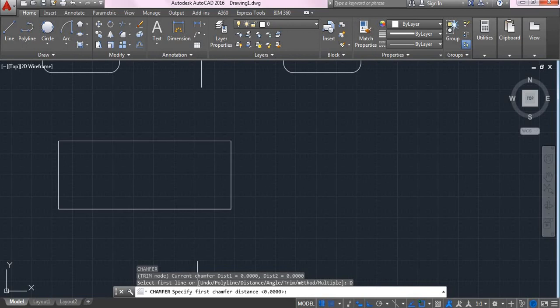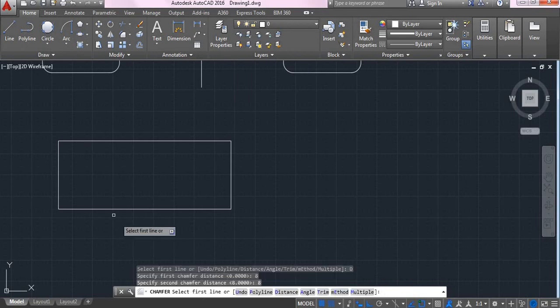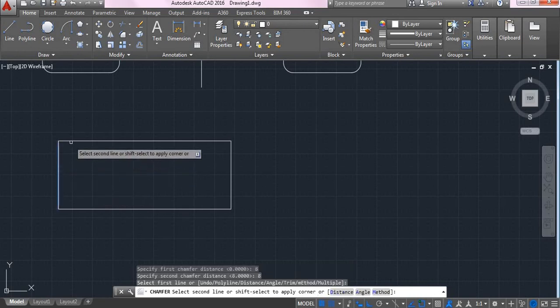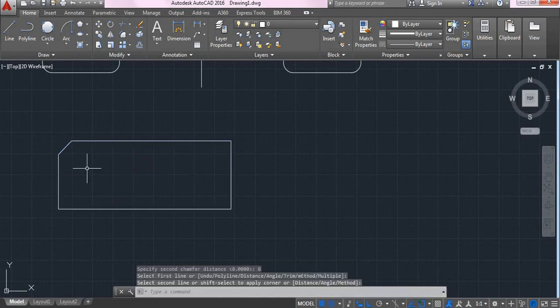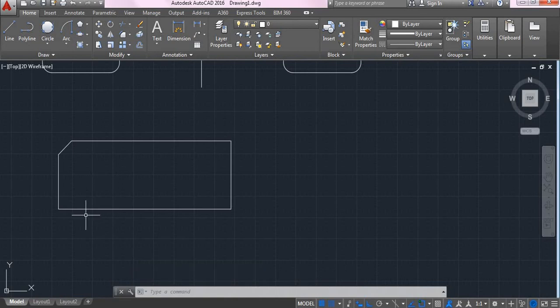If it is a symmetric chamfering, then you will be specifying the first chamfer distance and second chamfer distance, both are same. Say for example 8, enter, and the second chamfer is also 8, and you will be selecting the line you want to chamfer. Say this is my line.